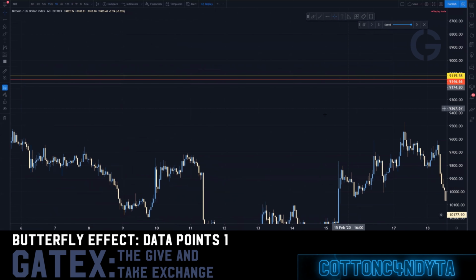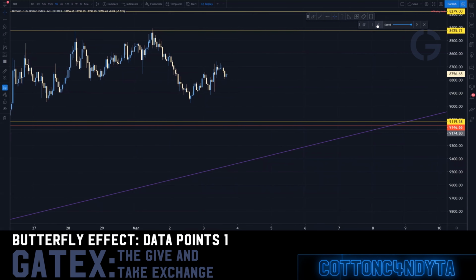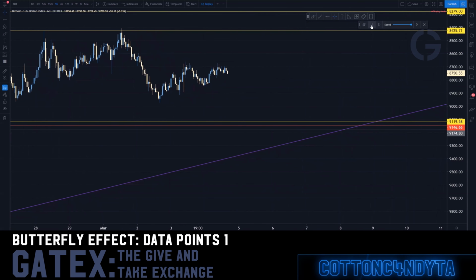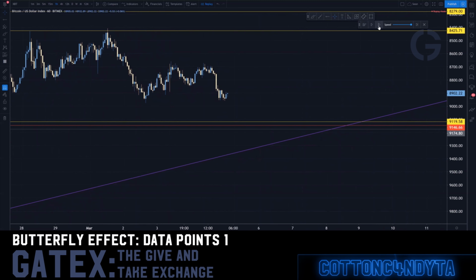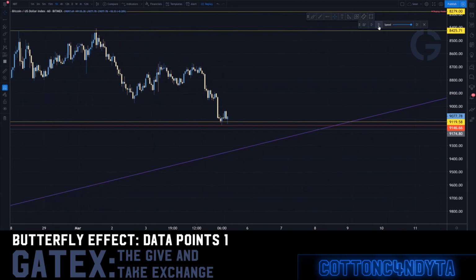Anyways, when we look at this level, we say, okay, you've got the backside of a leg here, the backside of a bounce. You've got the backside of a leg. Here, we'll get closer to this and see what happens. So you do have the first bounce, the second bounce.